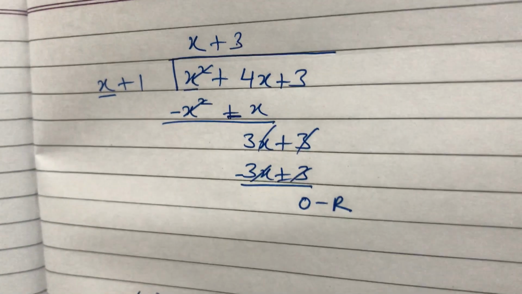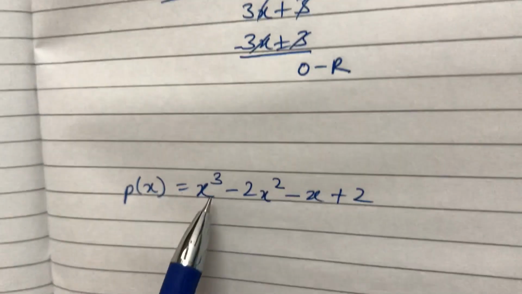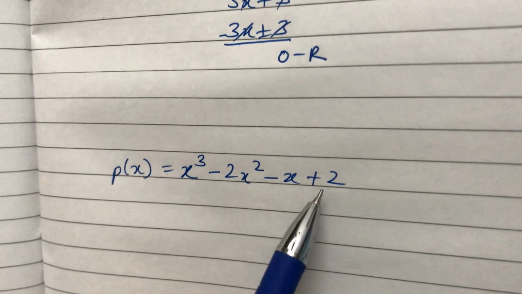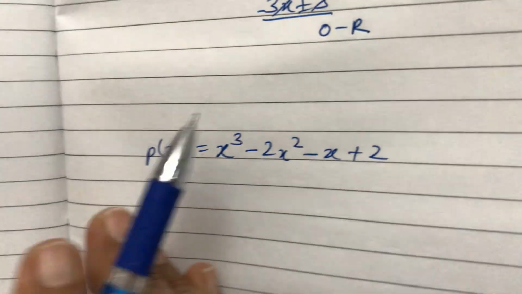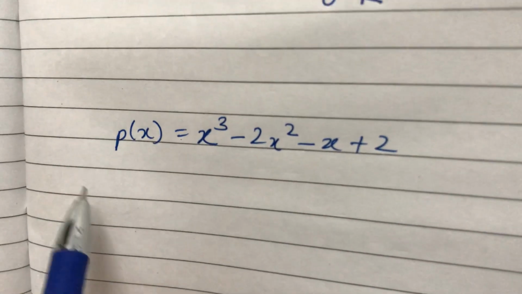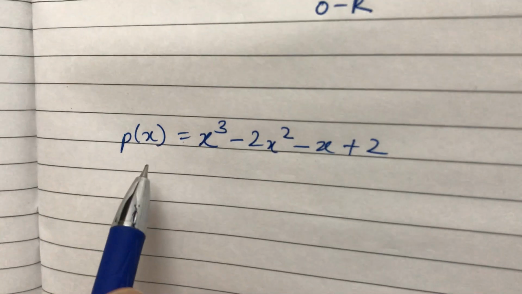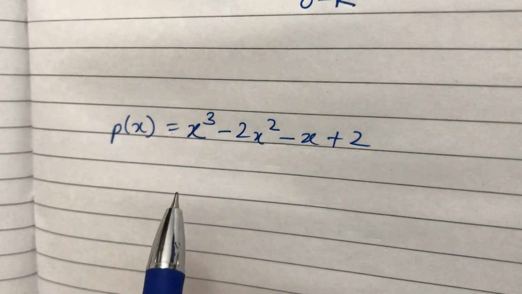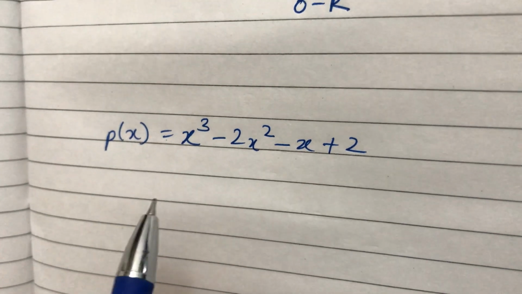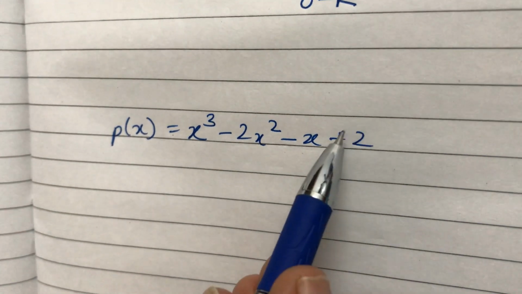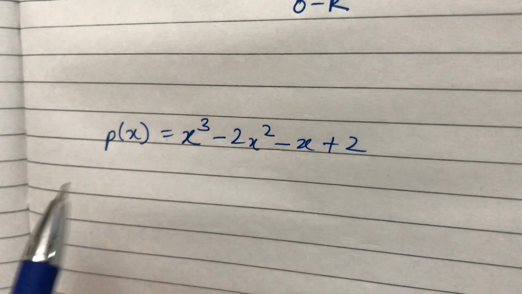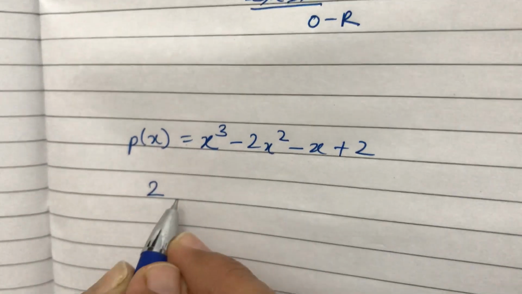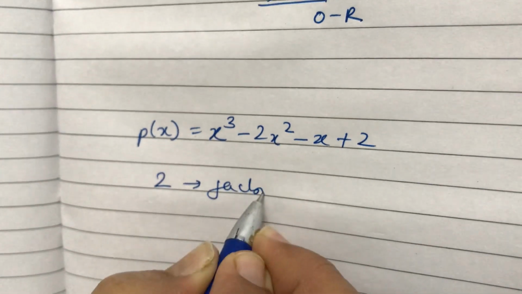Next example we take is a cubic polynomial, x cube minus 2x square minus x plus 2. Now by the hit and trial method, we have to try to find a particular value of x for which this will become a 0 polynomial. Here I will give you a hint. Whatever is your constant term, 2 in this case, find the factors of